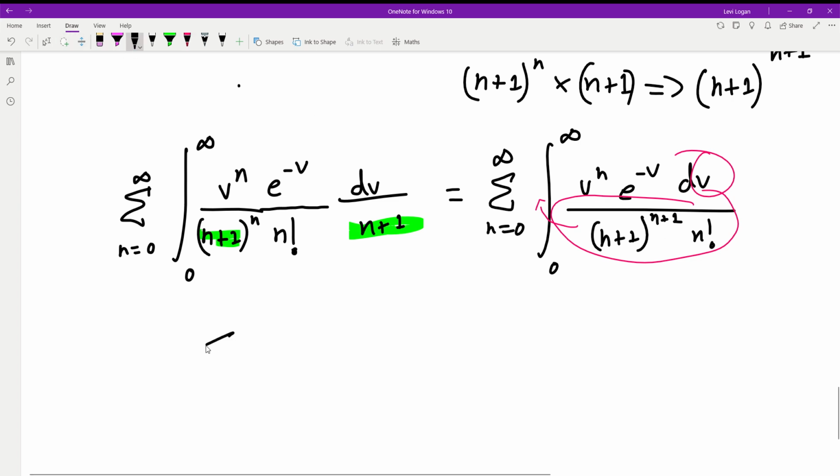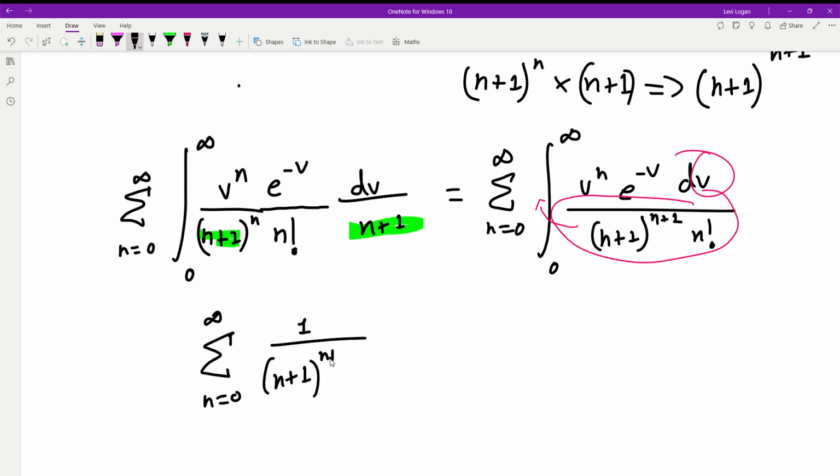So I can rewrite that again like this. So the sum n equals 0 to infinity, and I have 1 over (n plus 1) to the power of n plus 1 on n factorial, multiplied by the integral here, 0 to infinity of v to the power of n